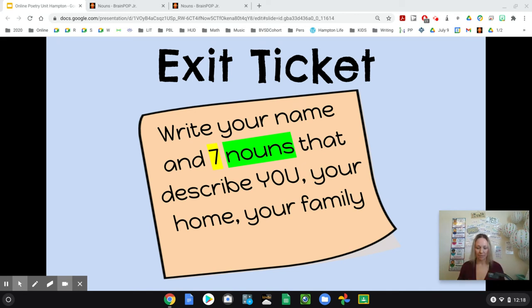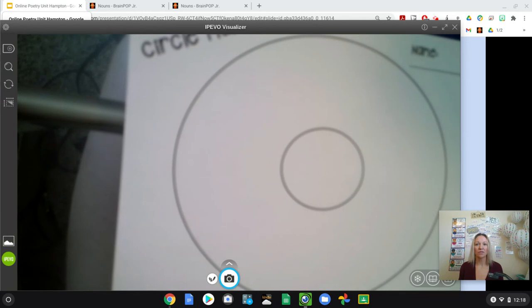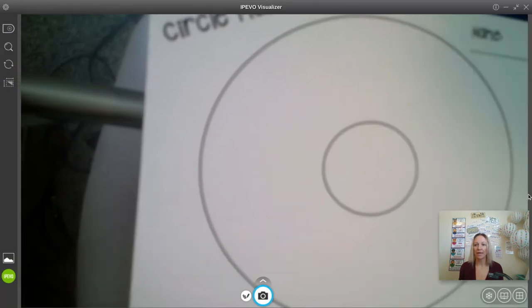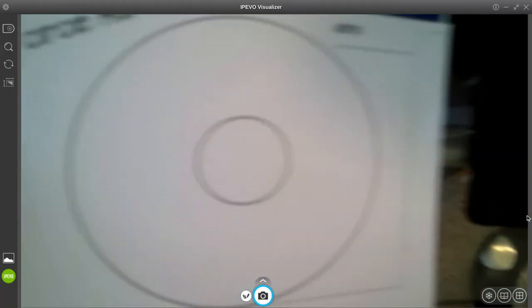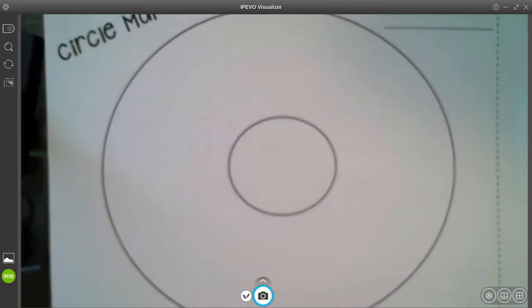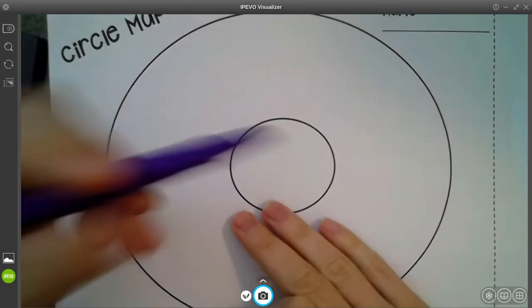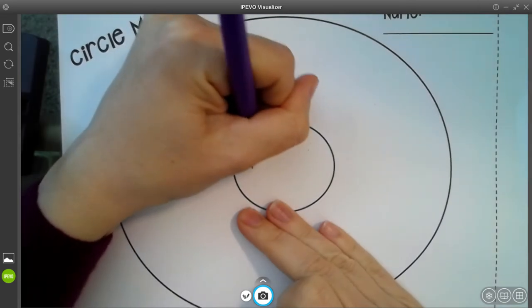So here's your assignment for today. Your job is to use your circle map and you are going to create a circle map of you. So for me, and remember this is using nouns. So I'm going to write Mrs. Hampton.